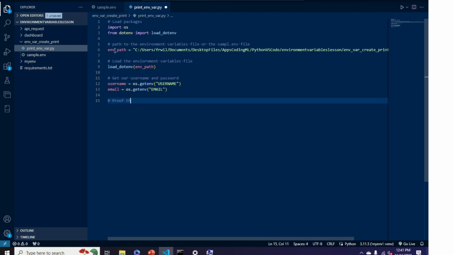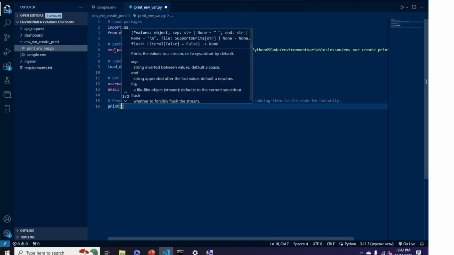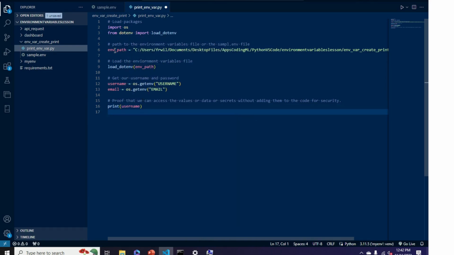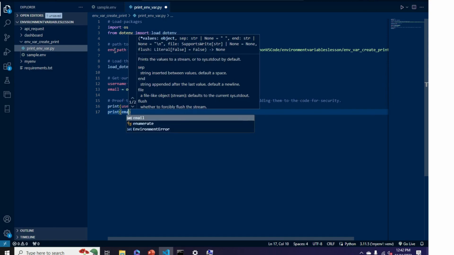And here's the proof of concept. It's proof that you can access the values or data or secrets without exposing them, for security. Okay. Get the username, print email,